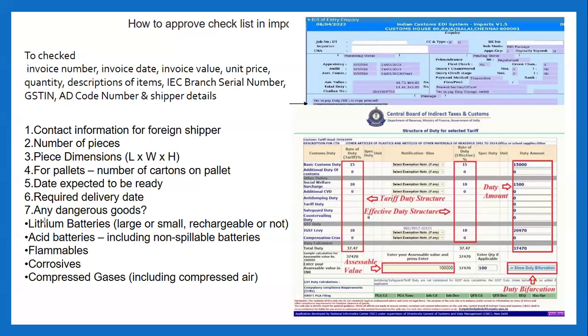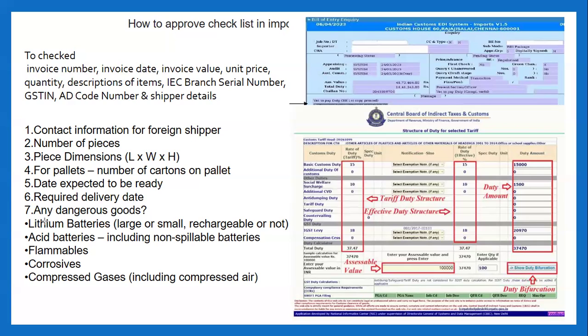On this assessable value, the customs duty structure will be calculated. Basic customs duty is 7.5% of the assessable value. Then on the assessable value, the SWS charges will be calculated. The total of assessable value, SWS and BCD will be charged 18% IGST.